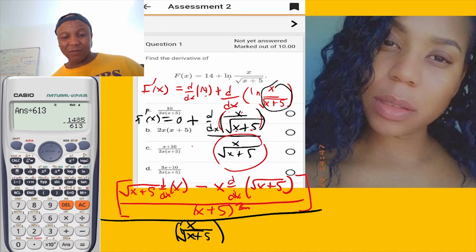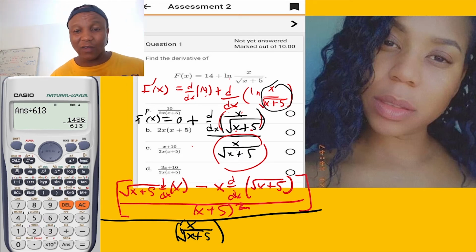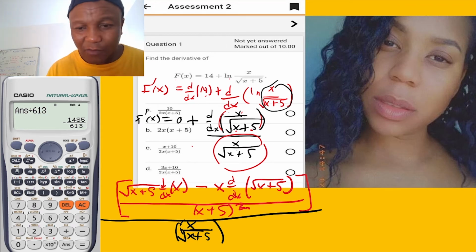Let me see if it's visible first. Oh yeah, we can see it. So now for that case, let me move my calculator to the left so I can have enough space. Okay, or we can move to the right. Okay, so for that being said, we're gonna say,